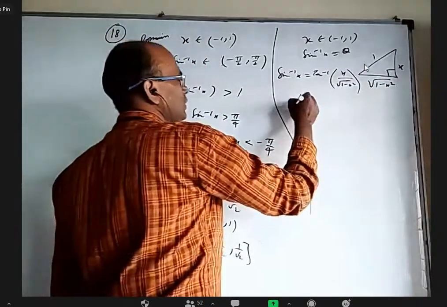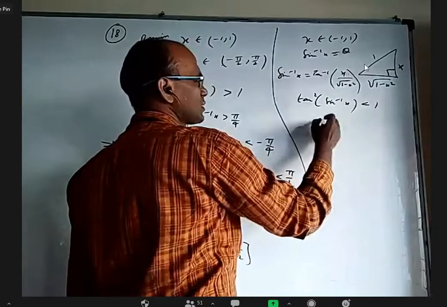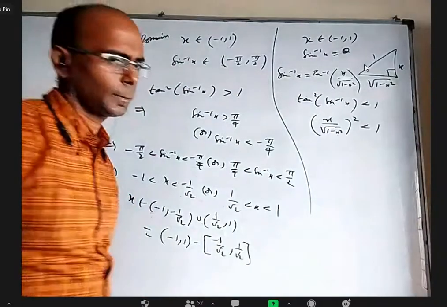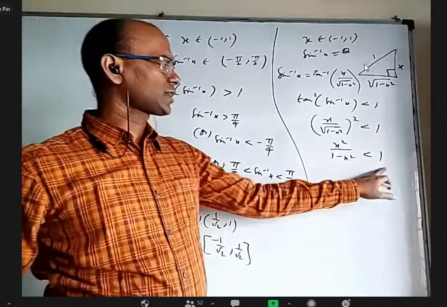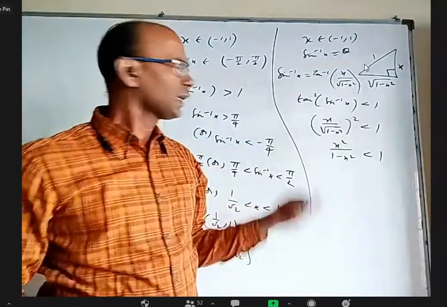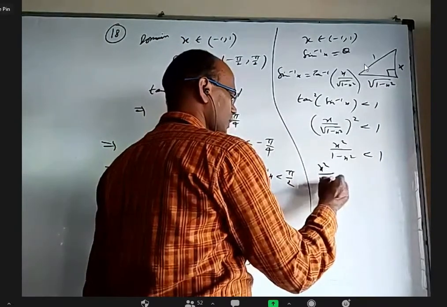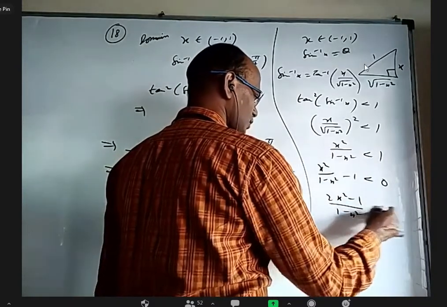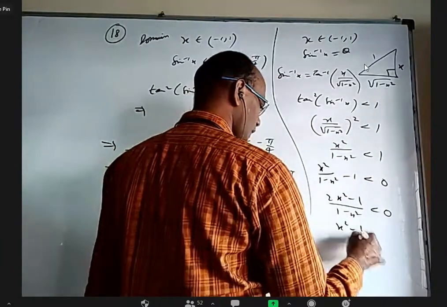Now coming to the question, tan of sin inverse x whole square should be less than 1. Tan sin inverse x is this, so you'll get x by root 1 minus x square, whole square, is less than 1. X square by 1 minus x square less than 1. I can send the denominator to that side, nothing wrong, because I already know x is between minus 1 to 1. 1 minus x square is positive. Because it is positive, I can send it that side. If not, bring 1 this side, not a big issue. X square by 1 minus x square minus 1 is less than 0. You will get 2x square minus 1 by 1 minus x square less than 0. Because the denominator is positive, nothing to worry. I have to only worry about x square minus 1 by 2 less than 0.